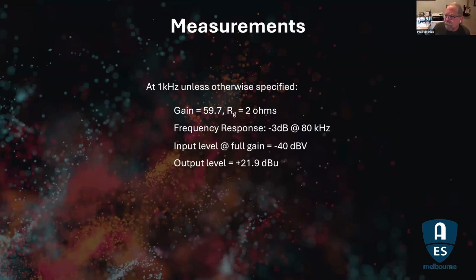Back in the day, everything used 600 ohms, and we had transformers everywhere, and we were actually driving power. And so the spec for audio was 1 milliwatt into 600 ohms, and that was 0 dBm, right? dB milliwatt.